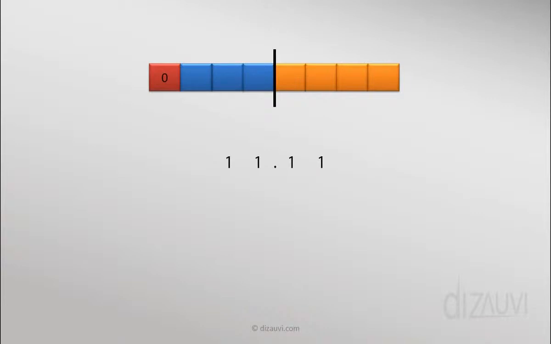We are just using colors for our understanding. So now the integer part goes on the blue side and the fractional part can go to the orange side. And all these empty bits can be set to 0. Now this seems like an alright way to represent real numbers, isn't it? This way of representing real numbers is called fixed point representation, because the binary point is conceptually fixed in